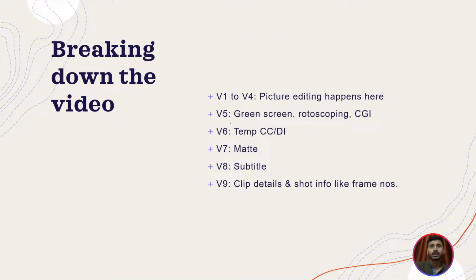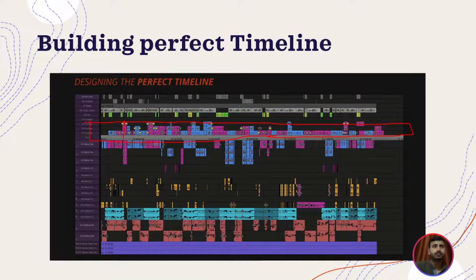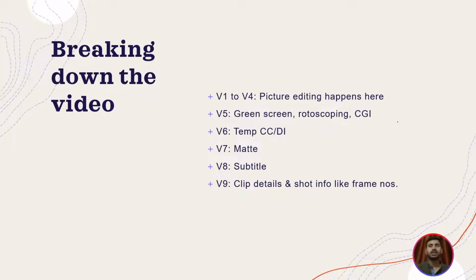Then we go to V5. V5 is for special things like green screen, rotoscoping, CGI. These are synthetic elements that we bring into the picture and make a part of the film.